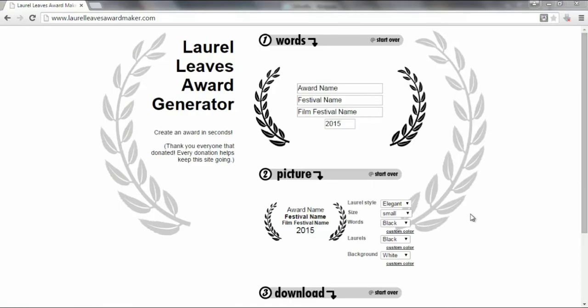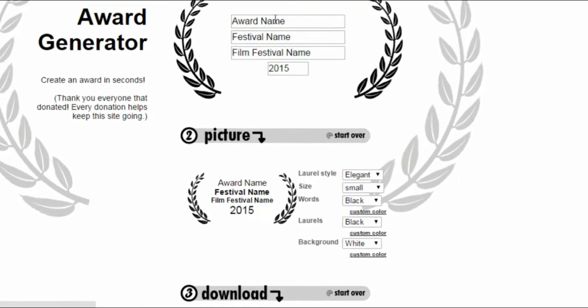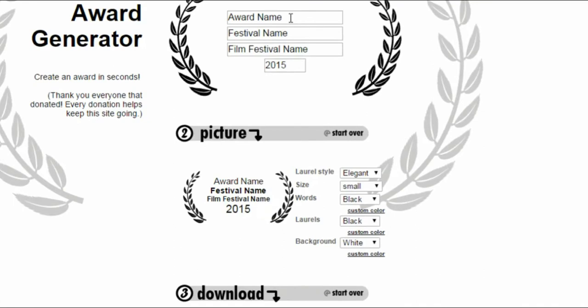Now, I'm sure you've seen this type of award graphic before, like this here. It's a little bit like the Investors in People logo. This website called Laurel Leaves Award Maker enables you to generate your own graphic of this type by simply entering text.